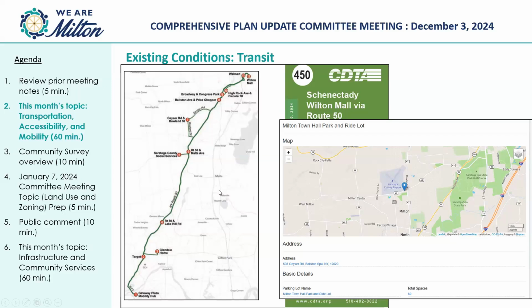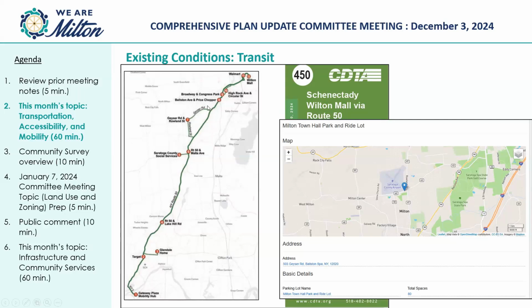So the town does have, I guess it was recently reinstated, maybe is the word, though not the best word, the Route 450, which goes between Wilton and Schenectady. It has stops during weekdays, I think one stop in the morning and one stop in the evening in the town.